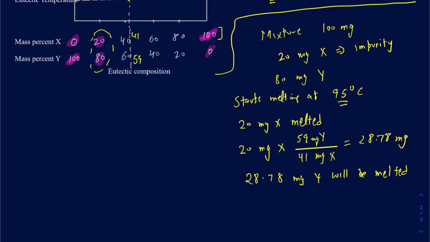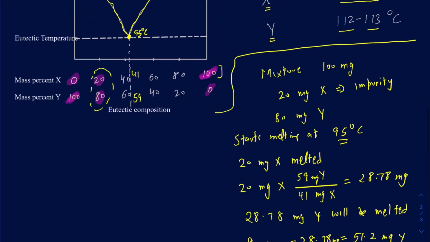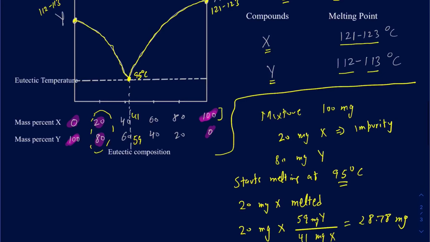So how much is left over? Well, we started out with 80 milligrams minus 28.78 milligrams. So we're going to have a little bit over 50, it seems like. We got 51.2 milligrams of Y still left at that particular temperature, at that eutectic temperature, once all that X has been